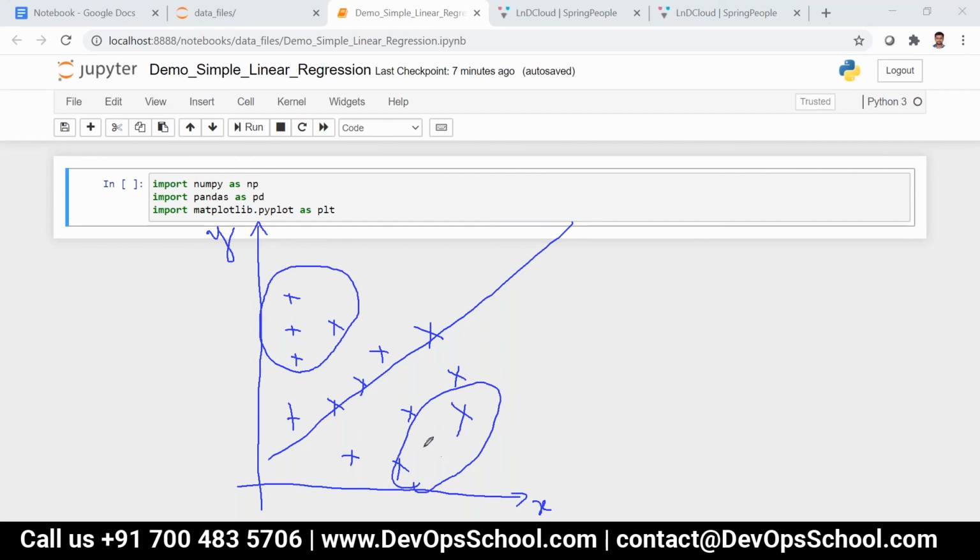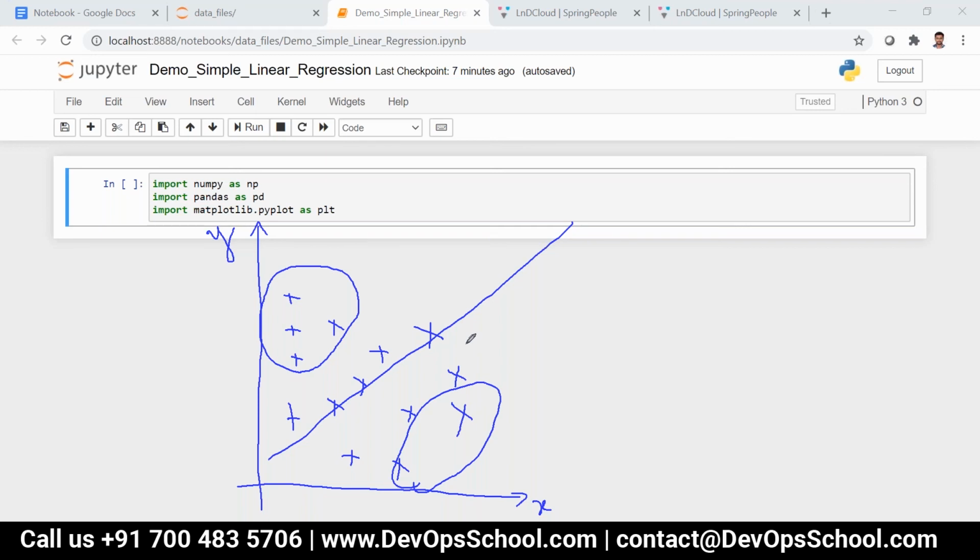Because of this, the error will be more. See, there is no problem with these data points because they are closer to the best fit line, so this will give you minimal error only. But if you consider this data point and this data point, this will give you more error. So whenever the error increases, your accuracy will obviously decrease.